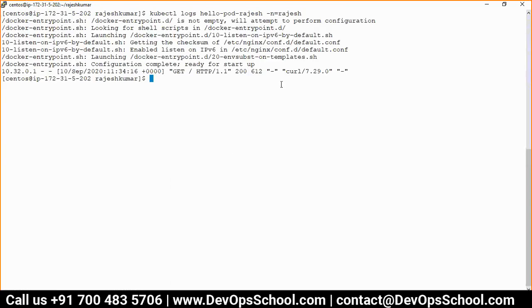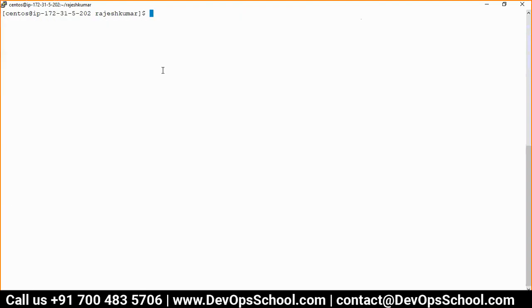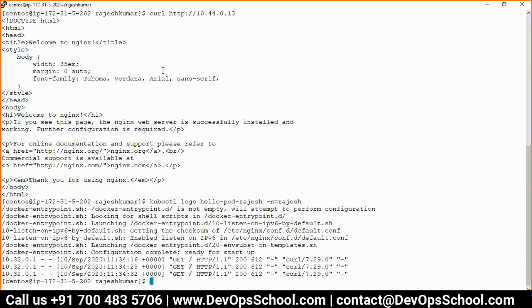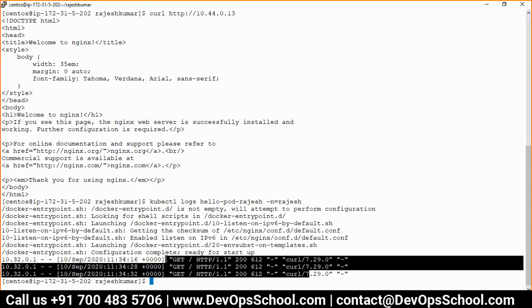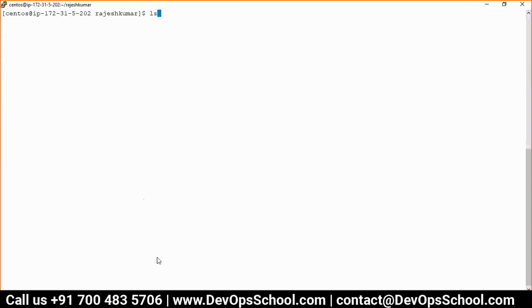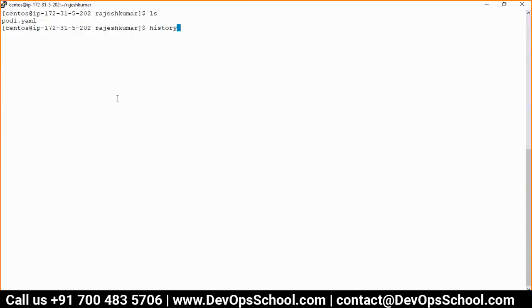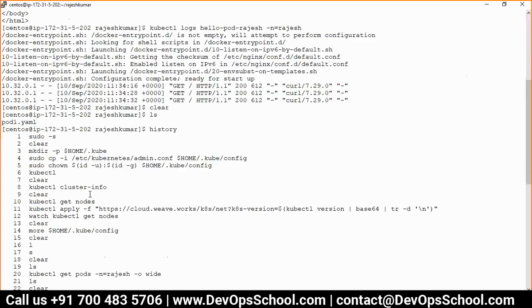See here, one line. Look at this. This is Nginx. Okay. Can I hit one more time? See. Third time. See, 3 times. Okay. So yes, you can see the logs. You can describe. You can see the logs. Many things you can do that.